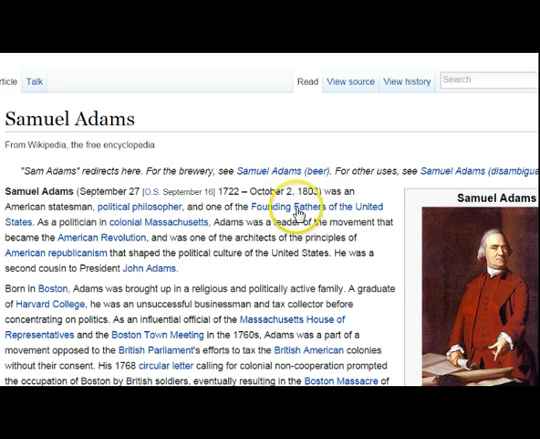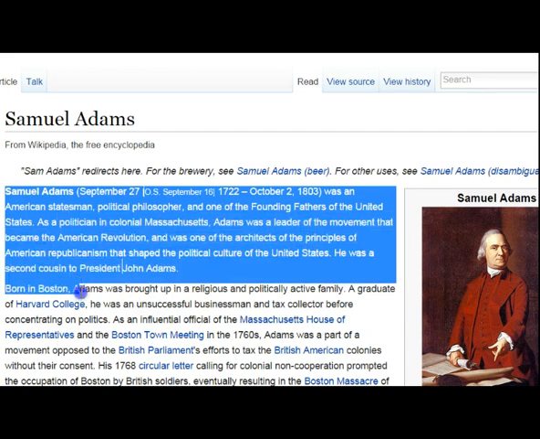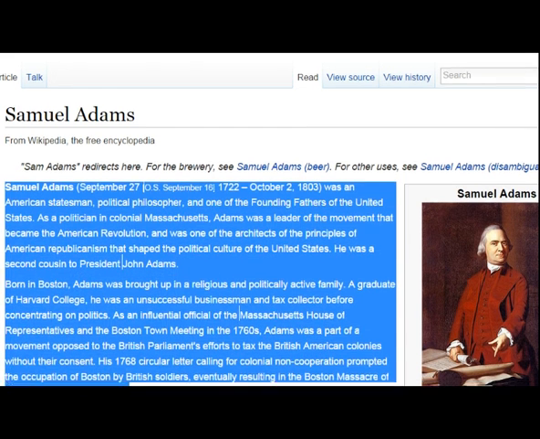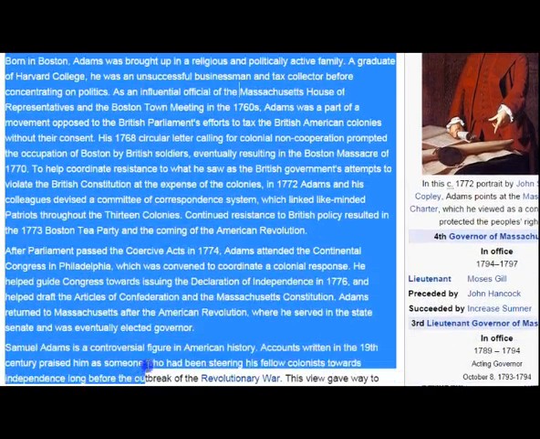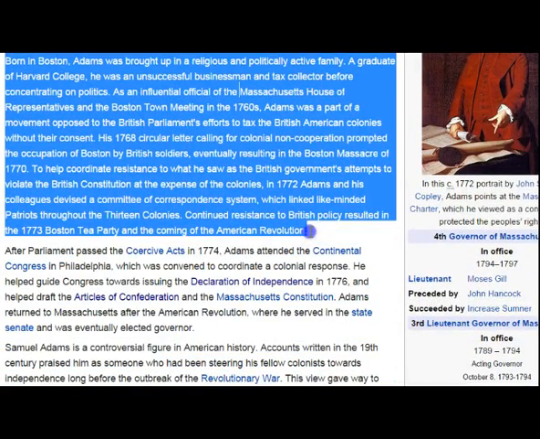It says he was born in 1722, died in 1803, one of the founding fathers. He was the second cousin to President John Adams. He was born in Boston and graduated from Harvard, was an unsuccessful businessman, a tax collector, and then he went into politics. So I could copy, let's say, these first two paragraphs here. Let's just say we wanted to get him up to the Boston Tea Party. So I'm going to copy those first two paragraphs